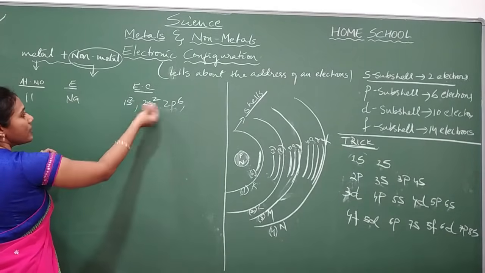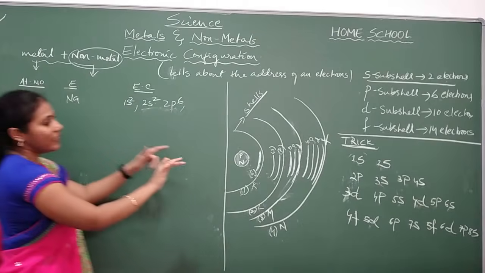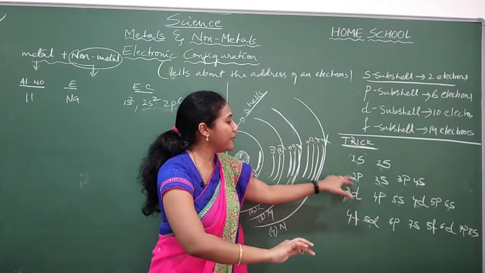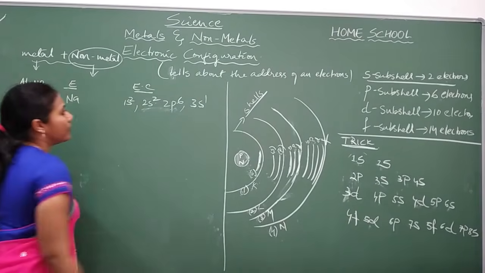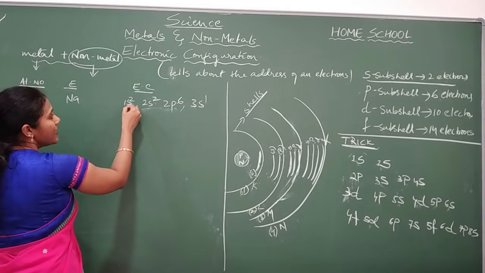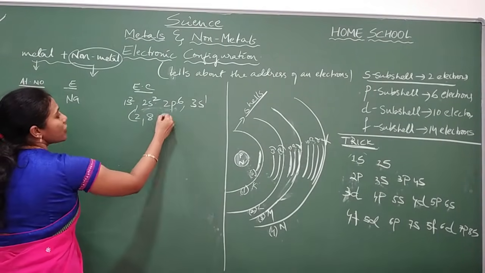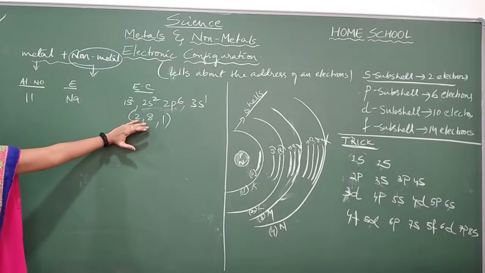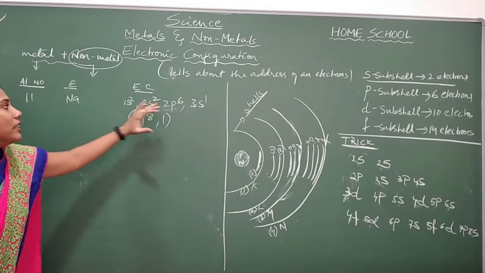So how many electrons are over? 6 plus 2, 8, 9, 10. Now the 11th electron, where will it go? 2p is completely over. Now it will go to 3s. 3s1, like this. Or you will also write it as first shell 2, second shell 6 plus 2, 8, and third shell 1. This is the normal way of writing that you have already studied. This is what you are now learning.